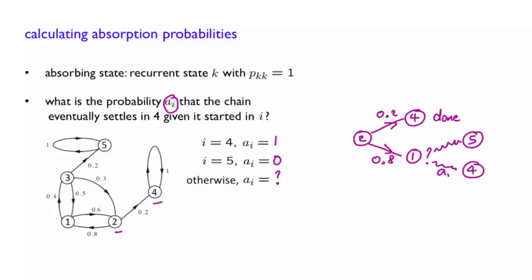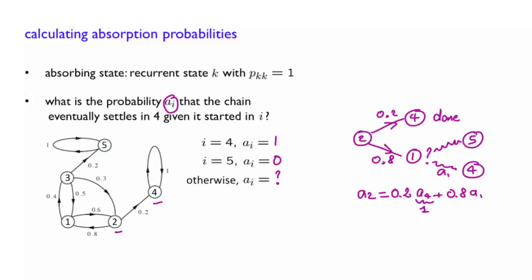So the overall probability of interest for us, which is A of 2, using the total probability theorem, you can enumerate all options. With probability 0.2 you will go to 4, and then the probability of going to 4 given that you started in 4 is A4, plus 0.8 times A1. Now A of 4 is of course 1, as we have discussed before. So we get a relation between A2 and A of 1.